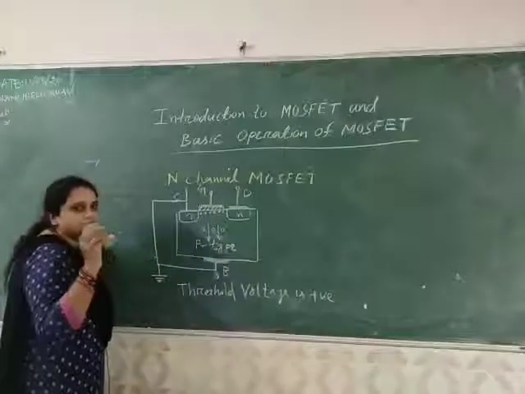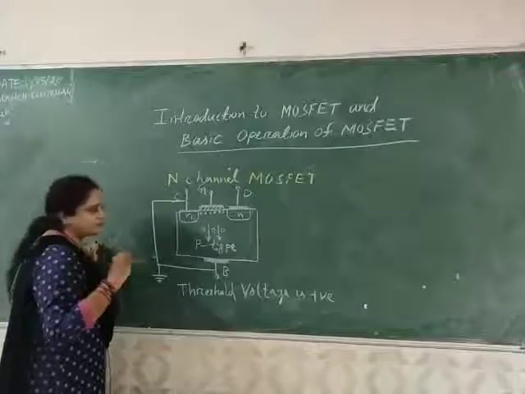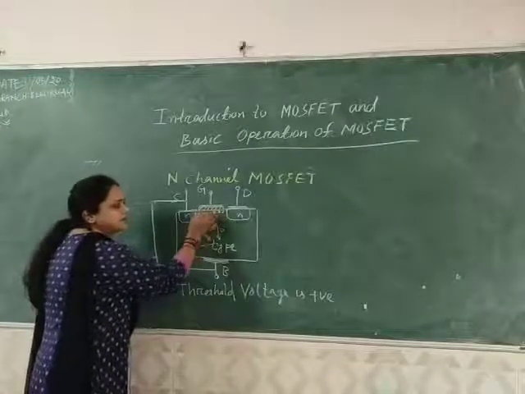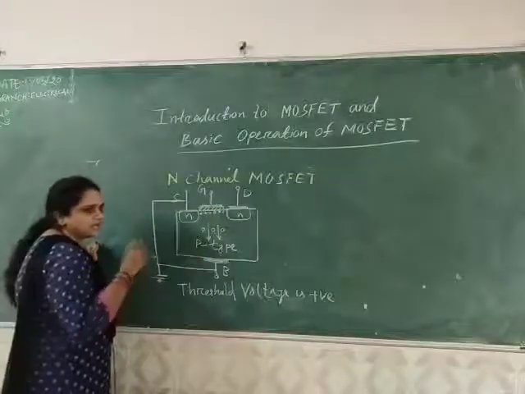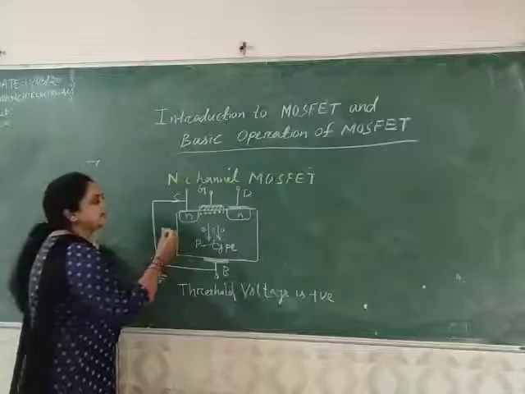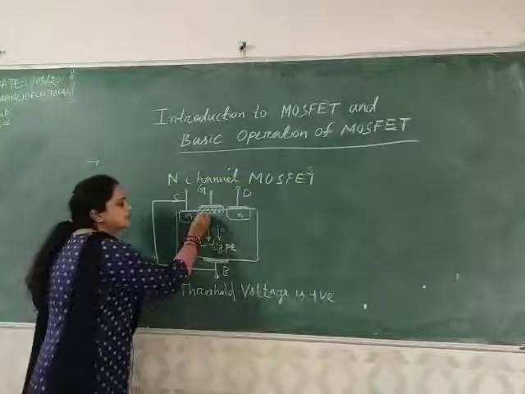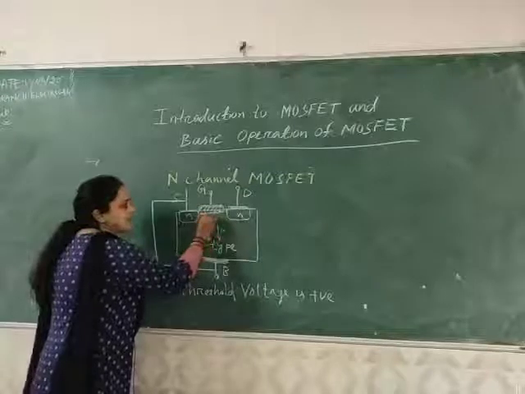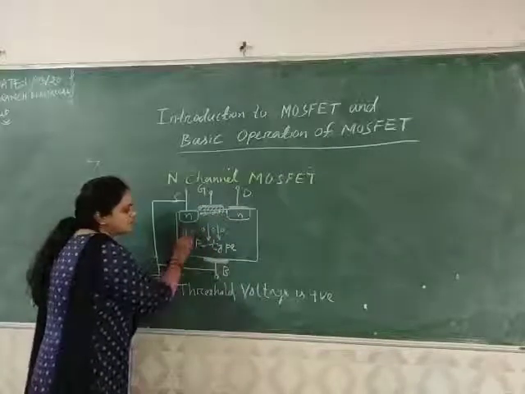When we give a small amount of positive voltage, then only a small number of electrons are accumulated at the surface. As we increase the voltage again and again, the number of electrons accumulated here also increases, and the holes are pushed